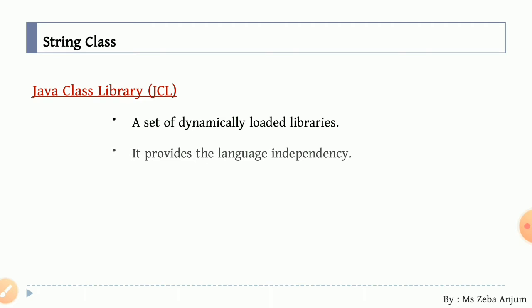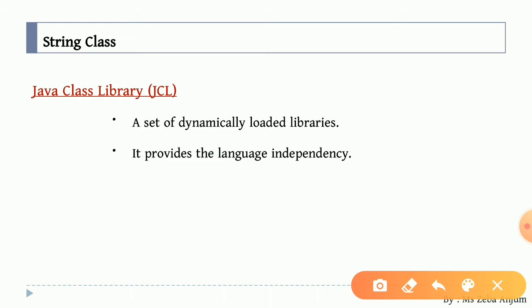Okay, now see the second point, it provides a language independency. As you all know, Java is our platform independent language. Now why it is platform independent? Because something is there in the middle portion that is making it independent. Means to say, something you are going to get, somehow you are going to get an independent code, intermediate code you are going to get, and that intermediate code is going to be run on every kind of machine.